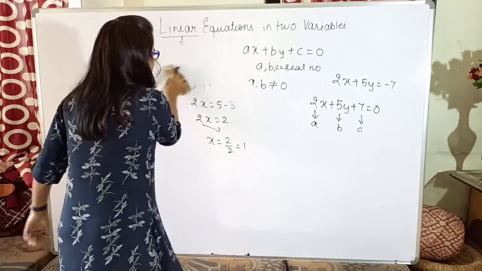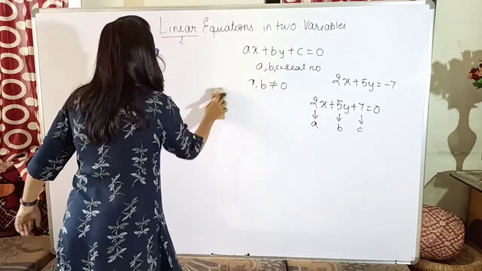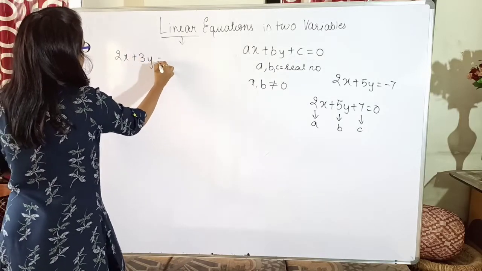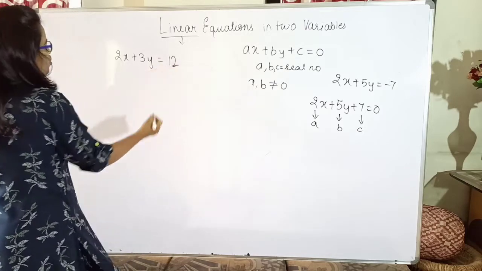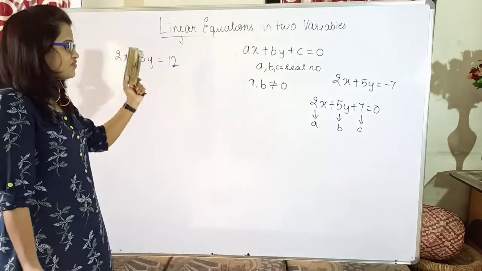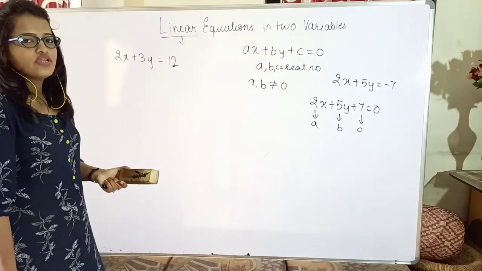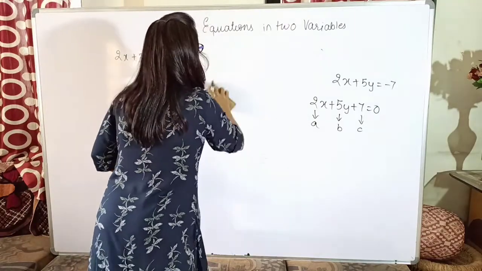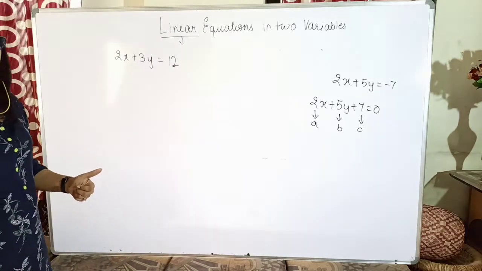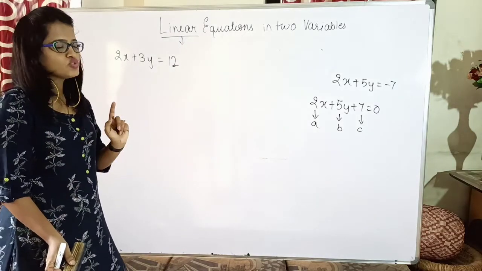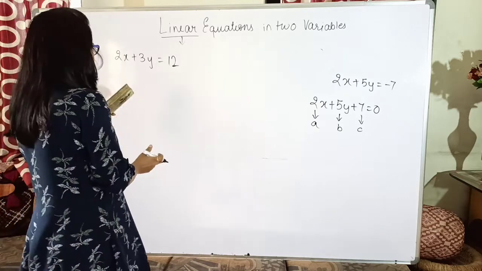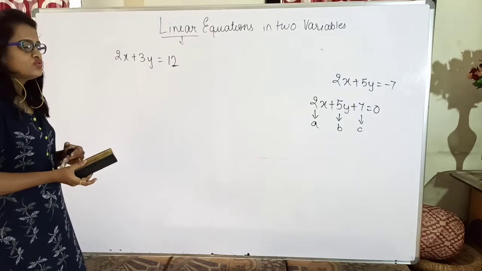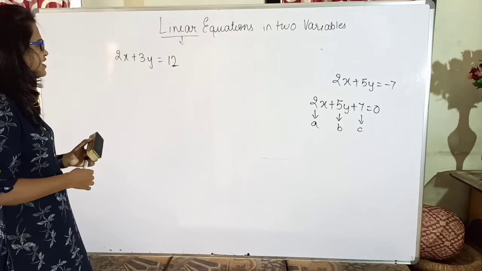Let us check out. Yes, if I take a linear equation such as 2x plus 3y equal to 12. Okay, so for what values of x and y the given equation satisfies, or for what values of x and y the given equation has the LHS equal to RHS? Yes, in case of a linear equation in one variable, there was only one solution available, and that was only the value for which the equation was satisfying. Let us check here. I have to check for what values of x and y the LHS is equal to RHS. So what different values of x and y can I take?